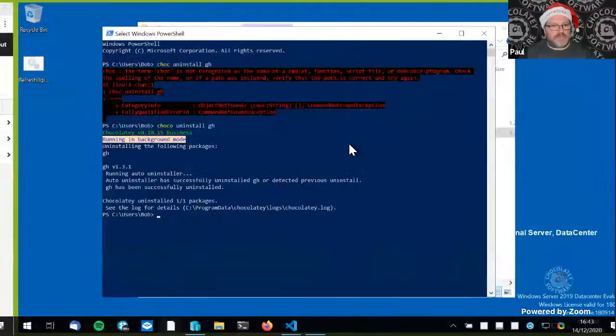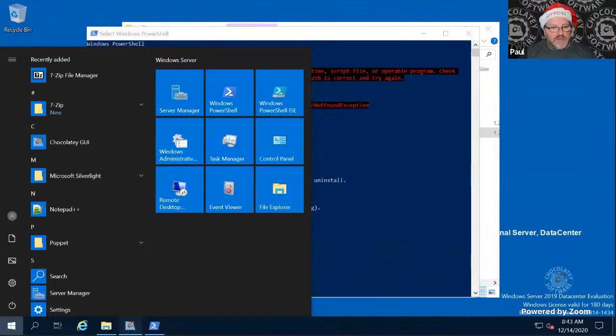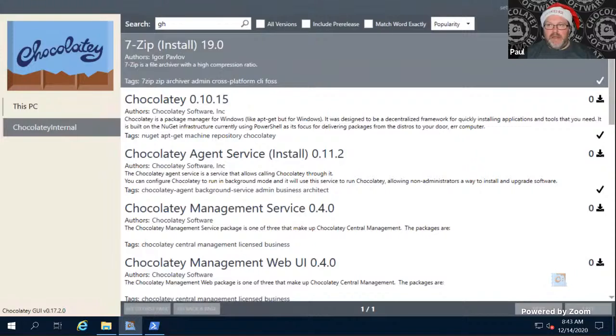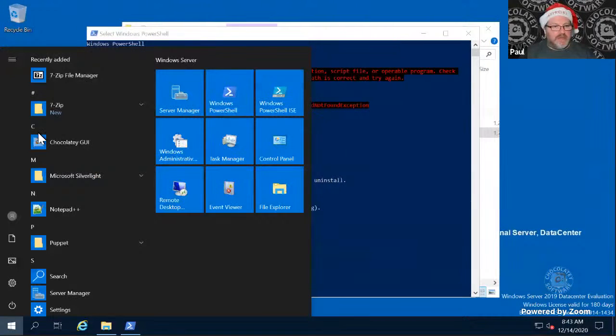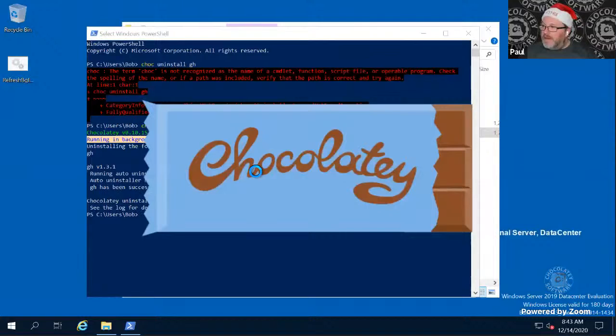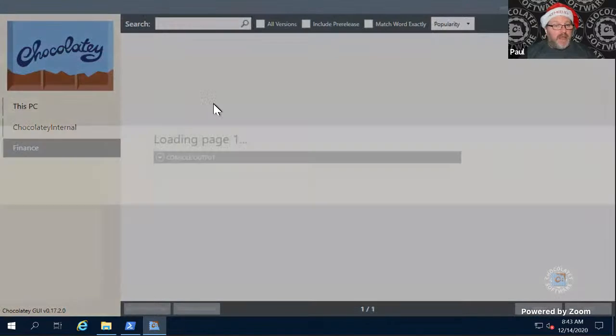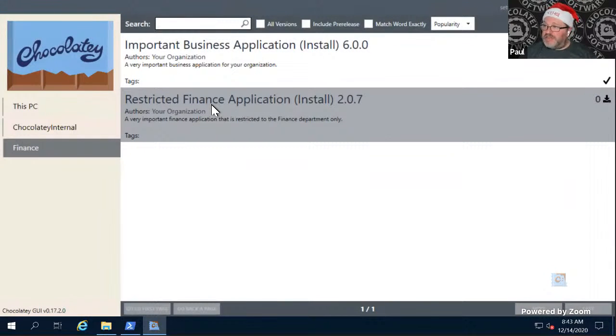Okay. So if we go in here and run Chocolatey GUI, oh, we've got Chocolatey GUI open. Now we need to close it because in order to pick up those new sources, we will have to run it again. And there we go. We can see that Bob now has finance in there. And we've got these two applications. Restricted finance application and important